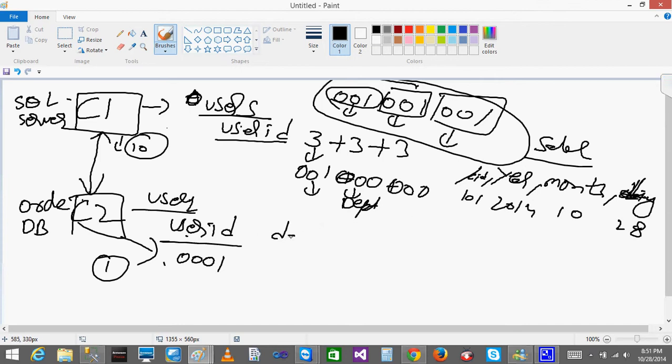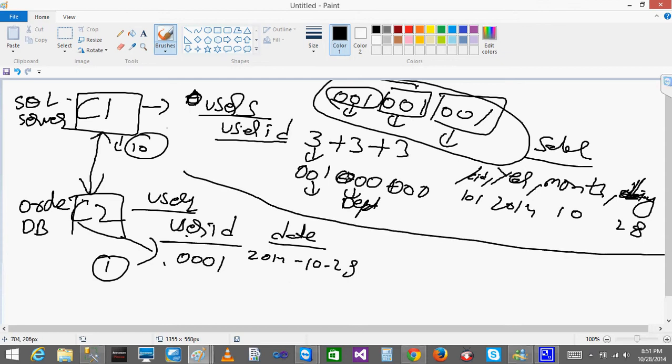Whereas company 2 just has one column called date, which holds 2014-10-28. There will be different scenarios where the data is not in the same form. Company 1 uses one format to store data, and company 2 uses a different format. At the end, the owner of both companies is the same, so what is necessary is that he wants to get the data from both companies and compare. You want to see the total sales or whatever, and you want to have some data.